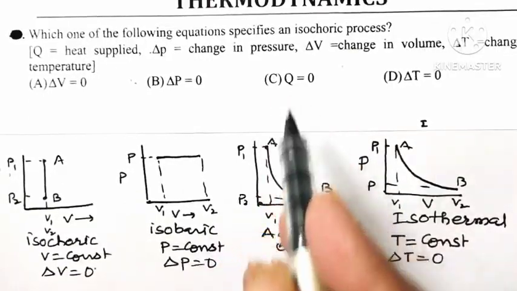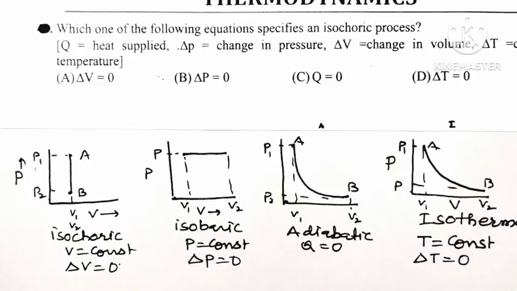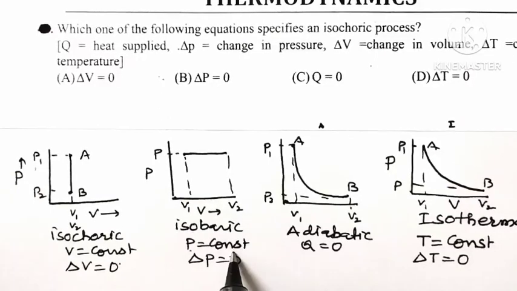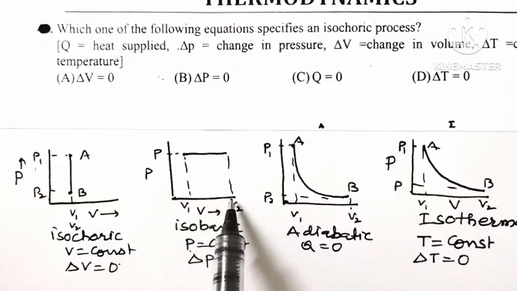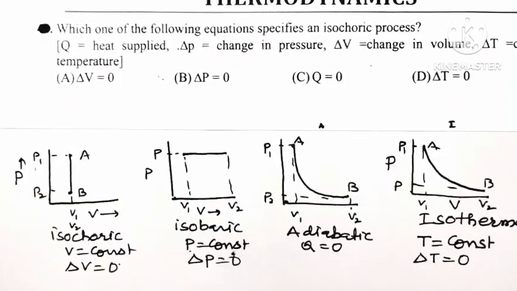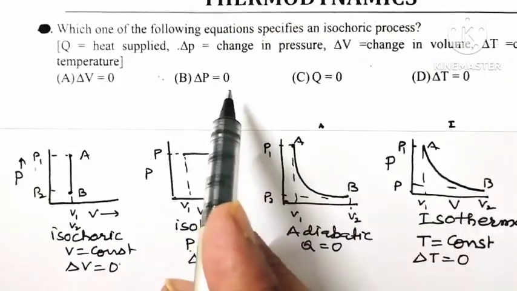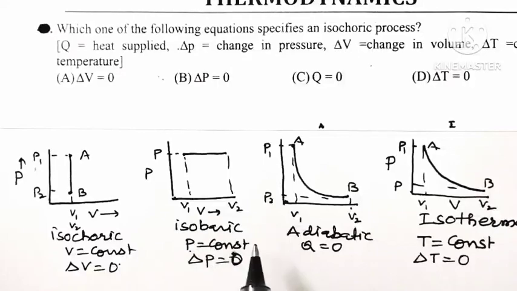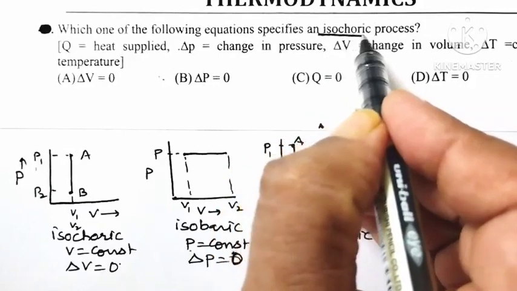This equation will specify what? Adiabatic process. Now delta P equal to 0. It means what? P must be constant. So that thermodynamic process in which pressure of the gas remains constant and volume is changing, that process is known as an isobaric process. So for an isobaric process, pressure P is constant, means change in pressure delta P is equal to 0. So delta P equal to 0, this equation will specify an isobaric process, but here we have to specify isochoric